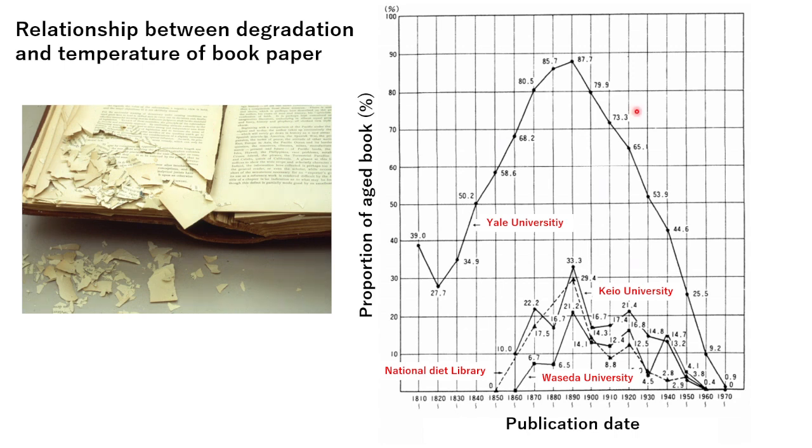This is probably because the US was rich at the time, and with heating in winter, I think it was heated to 25 degrees more or less, and humidity is not given. It is possible that the degradation has become severe due to over-drying conditions. At that time, Japan was poor, so it was cool in the library. European countries seem to have had a similar situation. I think there was such a difference in degradation.